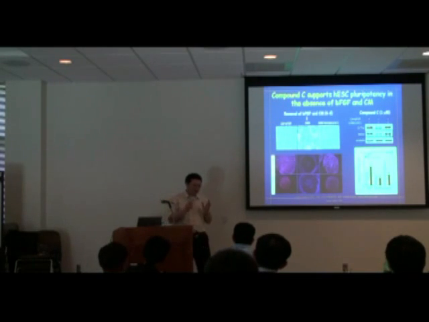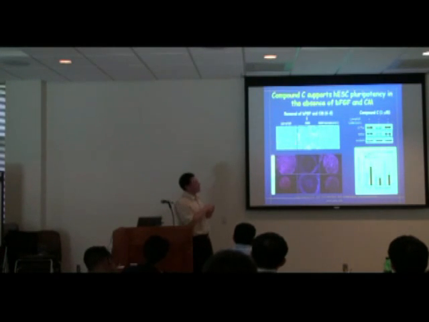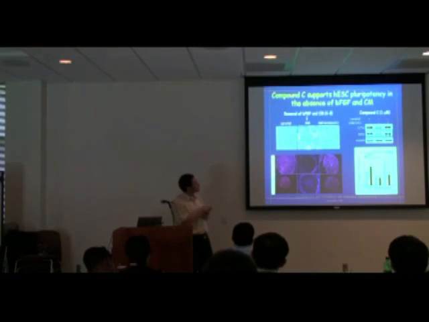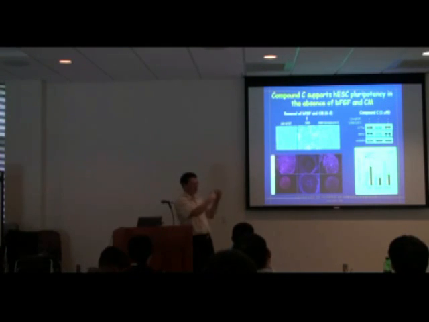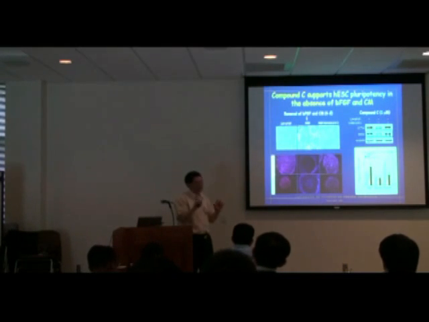As I briefly showed you before, compound C can suppress differentiation, essentially. So this is the original data we did. What we did is the following. We grow human ES cells in the absence of basic FGF and conditioned medium for 6 days. And this is just KSR, showing that they don't have basic FGF or conditioned medium. The only major component that is there is knockout serum replacement, or KSR. So the cells will differentiate, everybody understands that.